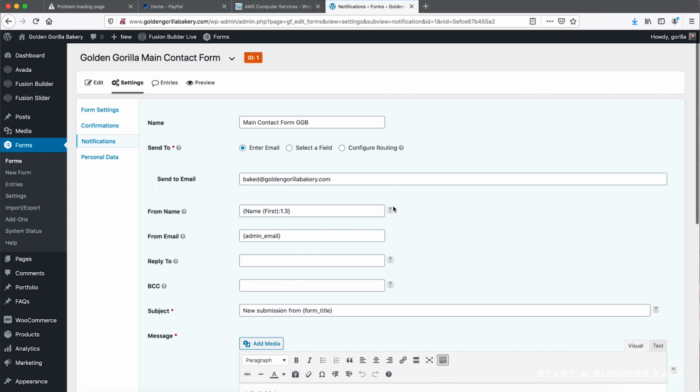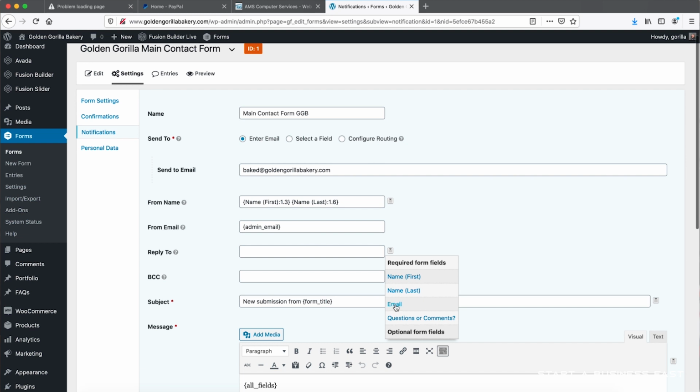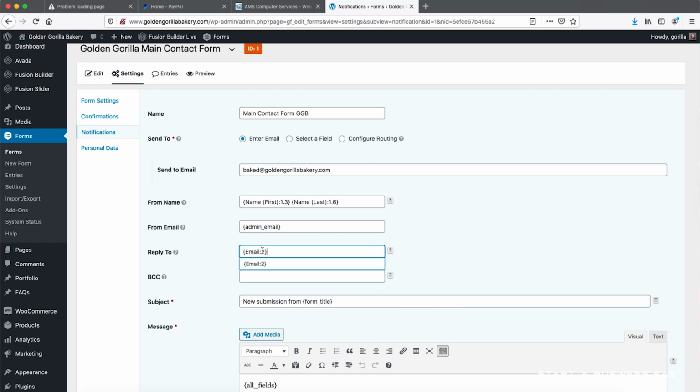I'm gonna put a space, choose this. This is the form, the information that they've entered into the form. And so this is just telling them, hey, pull that data, put it right here. And then on the email, you're gonna choose this email right here. It's considered email 2, and whenever I get an email, it's gonna be coming from this person on this form, and then this reply to is gonna be the person that I'm also replying to